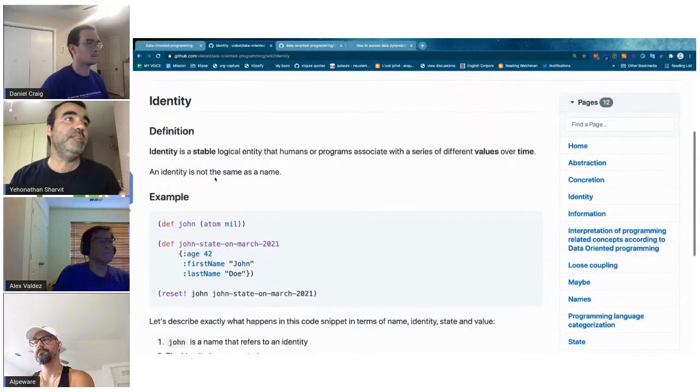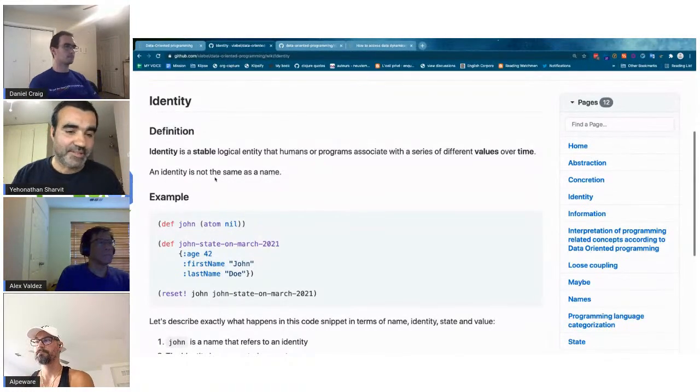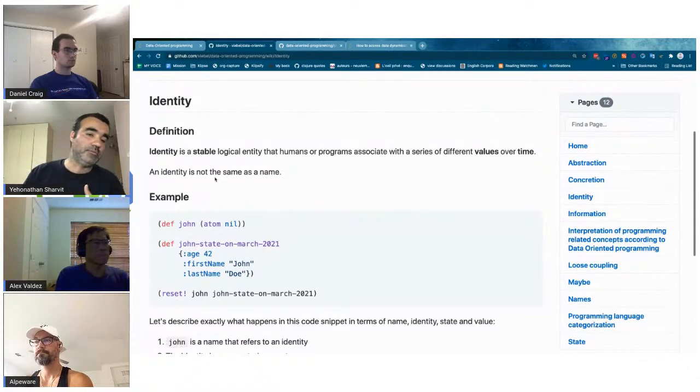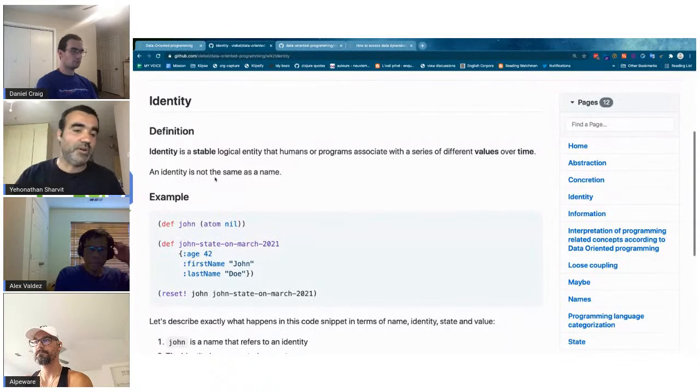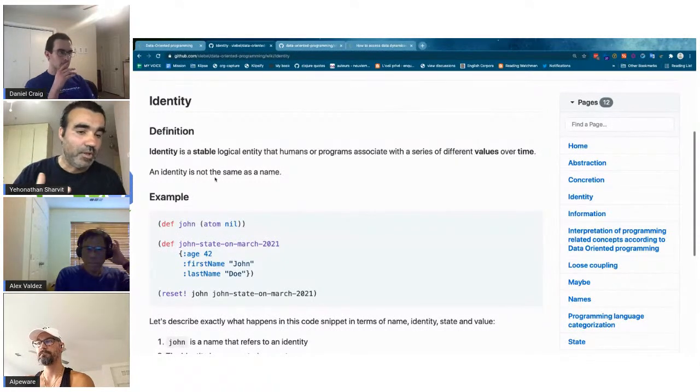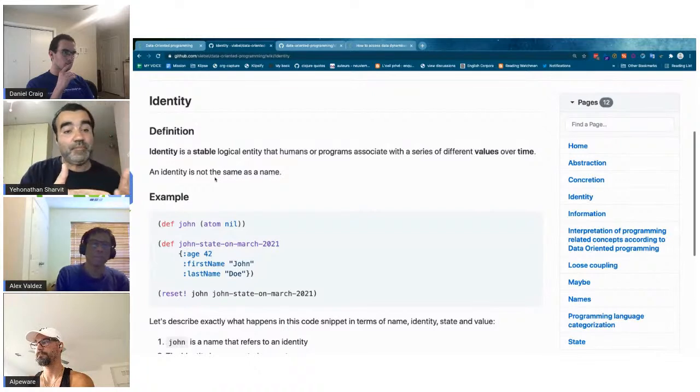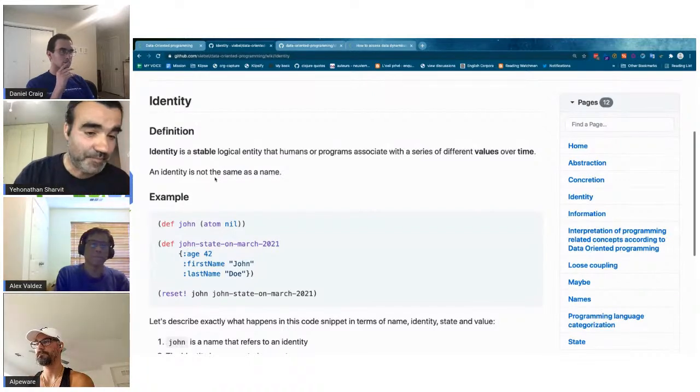Important thing, an identity is not the same as a name, right? So for example, a person, Alex, I might call you Alex, but your brother will call you my brother, and your mother will call you my son, and your neighbor will call you my neighbor. But we all use different names to refer to the same entity, to the same identity.